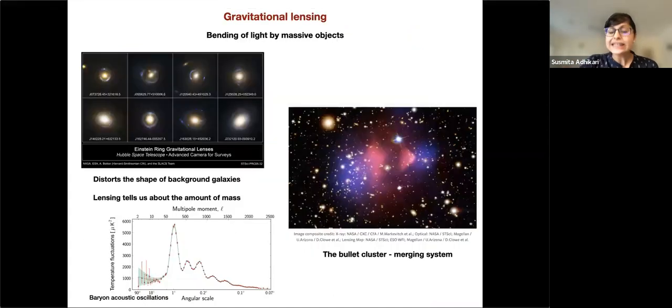So this, from lensing through dynamics of galaxies, through basically these kind of merging systems, and also through something else that I will briefly get into later, through the cosmic microwave background. Over the years and over the decades, we have actually found multiple independent lines of evidence for the existence of